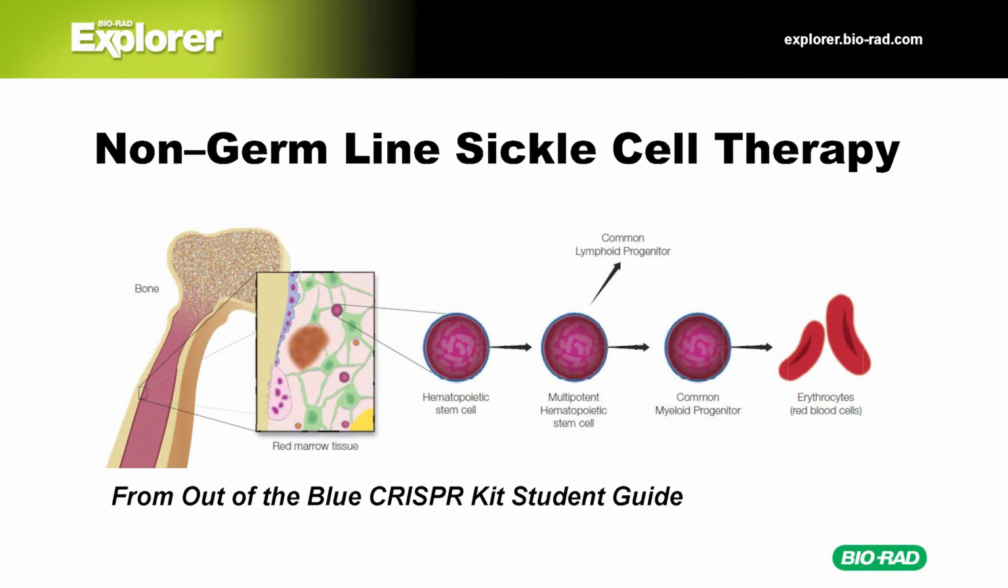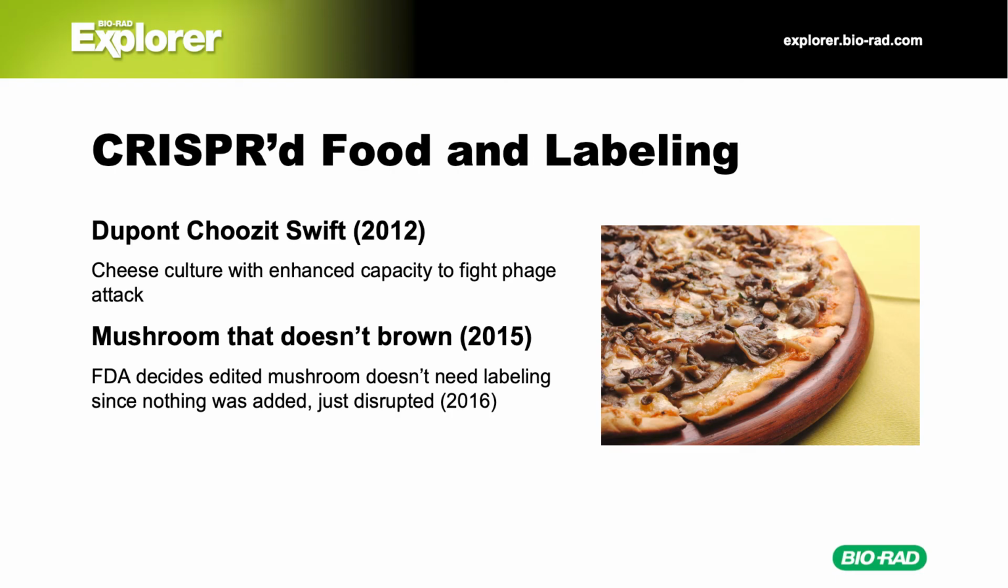If you're worried about CRISPR-modified foods ending up in stores around you, you're too late. This pizza has two notable CRISPR-modified foods on it. DuPont in 2012 started producing Cheez-It Swift, which was a cheese culture that used CRISPR to fight phage attack in cheese production. Many people don't like mushrooms that brown after being cut, and so engineers in 2015 used CRISPR to